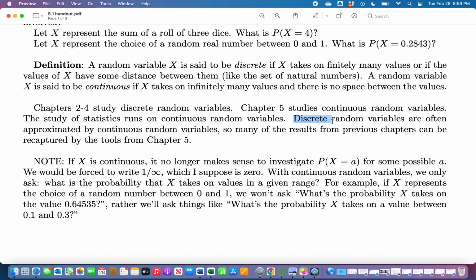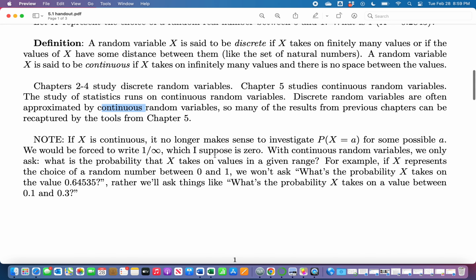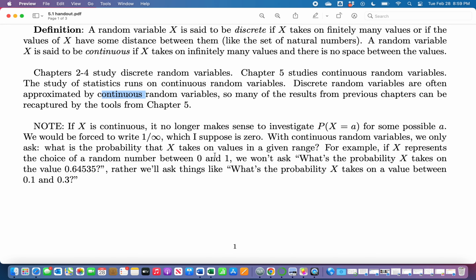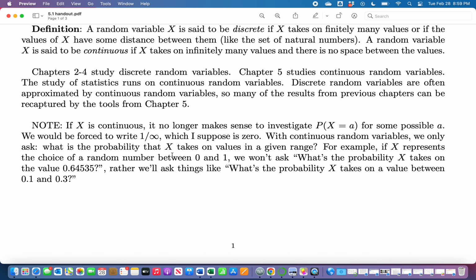Now, discrete things are often modeled by continuous things for computational purposes, so we'll also see that, and then we can recapture a bunch of previous results with what we'll do in Chapter 5. So that's super nice. Now, before we move on, one quick point to make is that if x is continuous,